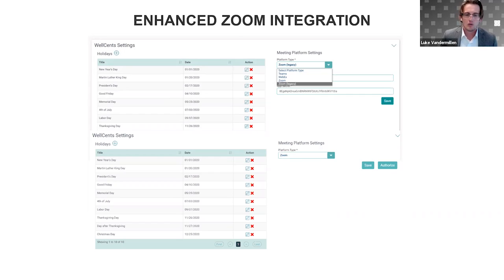And so what we've seen most commonly is advisors leveraging WellSense to conduct really efficient one-on-one meetings in a virtual setting, whether that be through Zoom, WebEx, Microsoft Teams. We've seen that kind of all over the place in terms of advisors really efficiently utilizing this platform to meet with employees one-on-one. And so focusing in on Zoom here for a second,